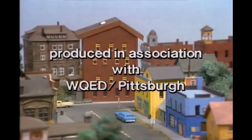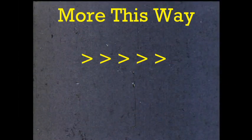Some of the cars have changed. These might actually be cars for model train sets. I do believe that some of the original cars were vintage 1960s Matchbox cars and early 70s Matchbox cars. I actually have some of those that I had laid on my own train set. And the next one I want to show you is